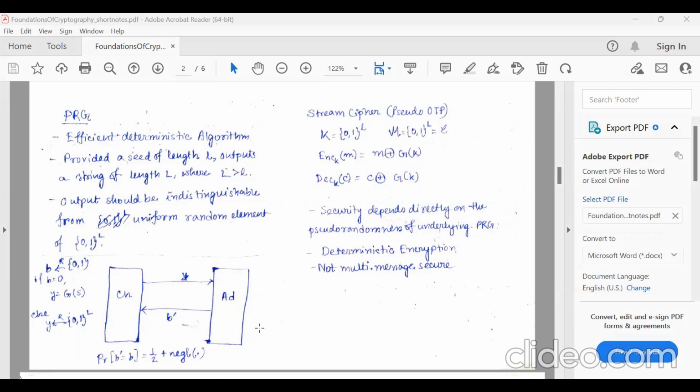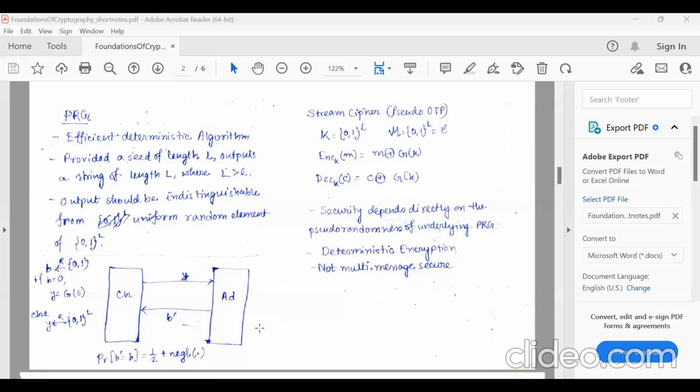Because in the real world, we need random numbers to be generated in various cases. But because truly random number generation is a very costly process, we move to pseudo-random generation, where the bits are not really random, but look random. So that is where the application of PRG comes. And the security requirement of PRG is its pseudo-randomness, that is, the output should be indistinguishable from a uniform random element